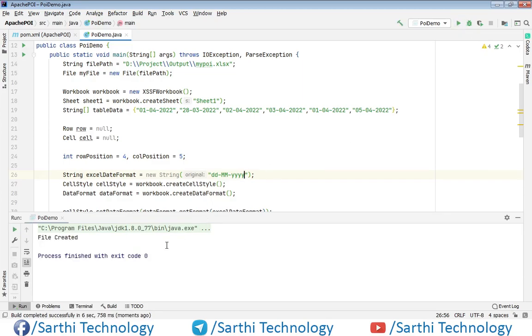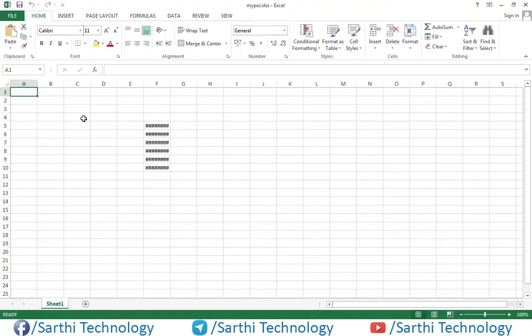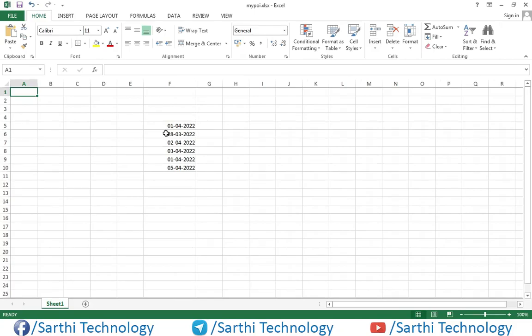File created, and now let's open the file. Here you can see the values, and when I click on this cell, here the type is date.